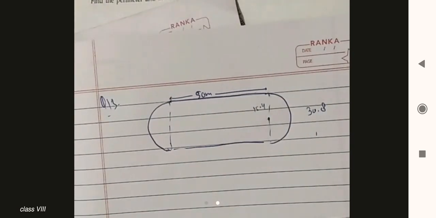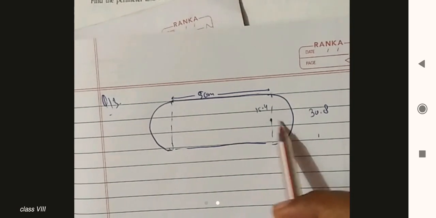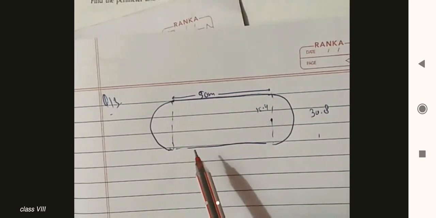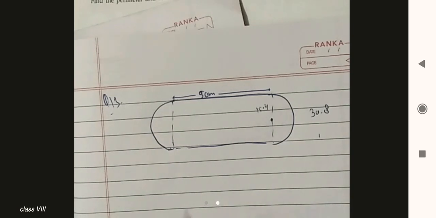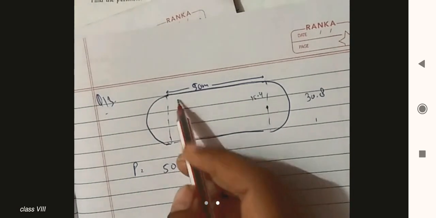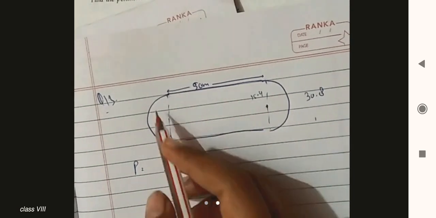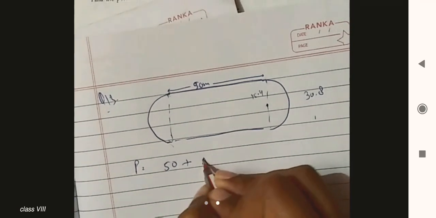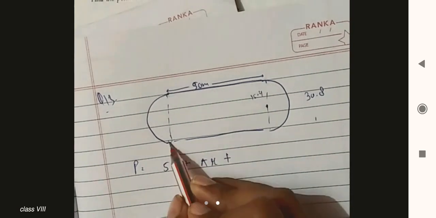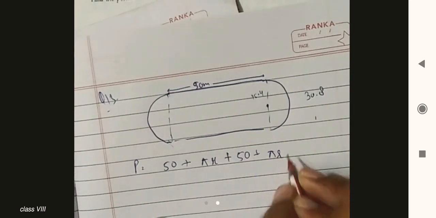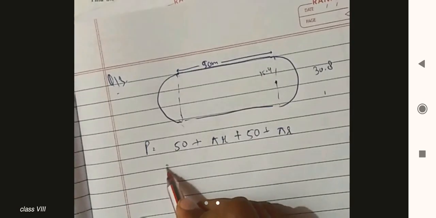So they ask about the perimeter and area. Area is very easy. How? Area of these two semicircles plus area of this rectangle. Now again the same thing with the perimeter. When you are finding the perimeter, perimeter means what? This 50, this line, plus this arc, this is a semicircle, meaning the circumference of the semicircle, that is pi r, plus again this line 50 plus again this semicircle pi r. Okay, don't include this inner line because perimeter means outside.